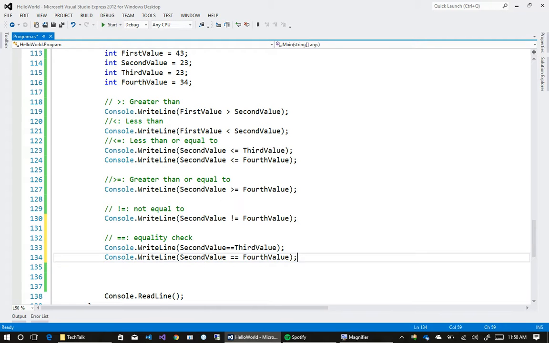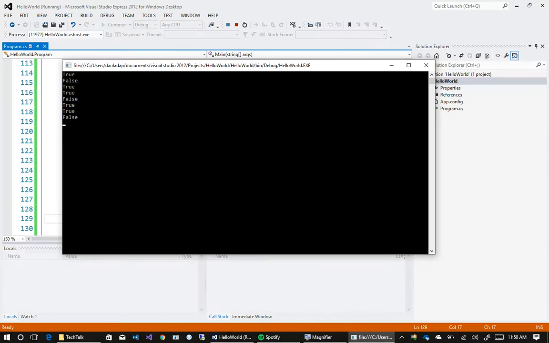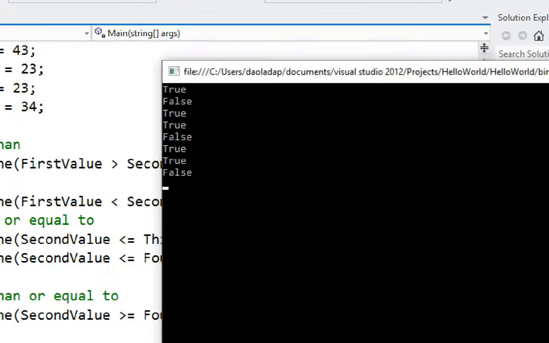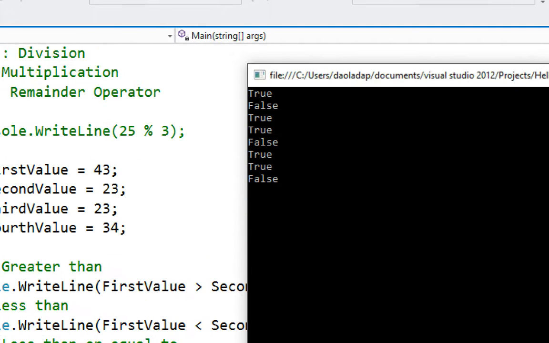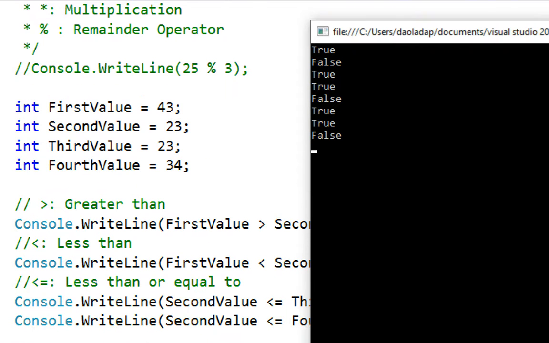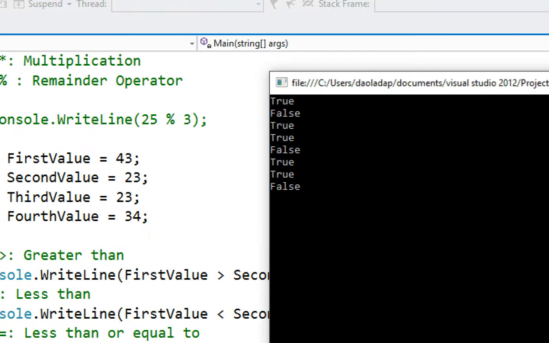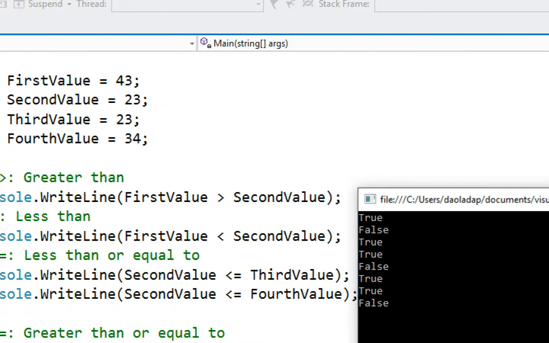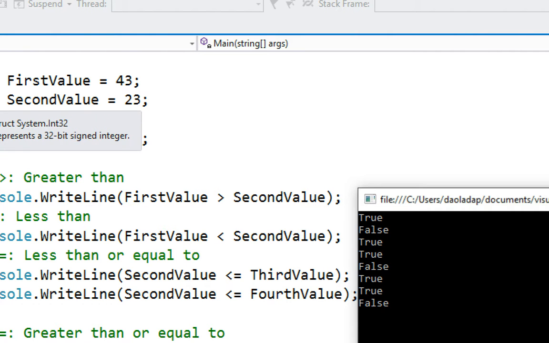So let us try that out and see what it looks like. Let's have them in view side by side. The first check that happened was, it compares is first value greater than second value, that is true. Is first value lesser than second value, that's 43 and 23, that is false. So it just goes on and on like that. So I will leave us